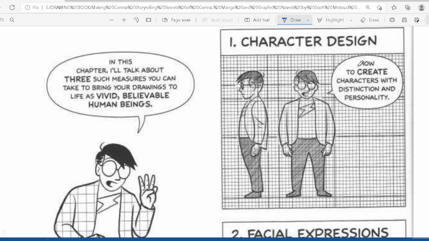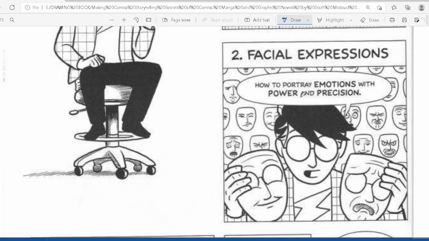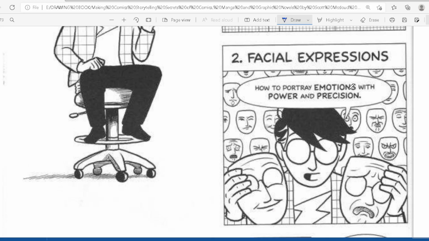So okay, how to create characters with distinctions and personality. Facial expressions, how to portray emotions with power and precision. So facial expression, it is interesting. When you start your comic book, you will need all these steps like facial expression. Some persons are sad and some persons look happy, right? In our daily life, sometimes we are happy or sometimes we are sad, and that is what we have to draw in our comic book,